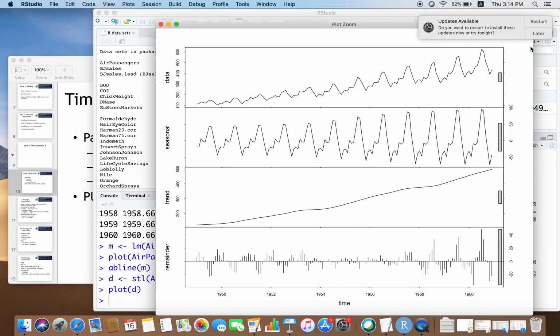That means there is larger variation across seasons within a single year. This is quite reasonable, because the value of the variable, the number of air passengers, has increased significantly, right. Later we will see whether this increase is geometric or arithmetic and all of that. So, for now, by simply invoking one R function, namely STL, in R we can do everything with a single line of code. So, using STL I am able to split this data, I am able to dissect it to get the trend and the seasonal components separately.